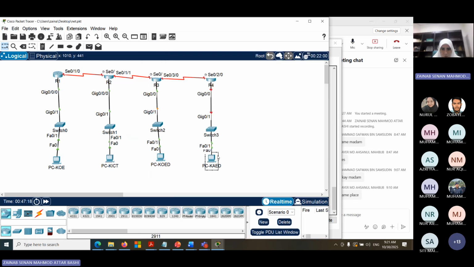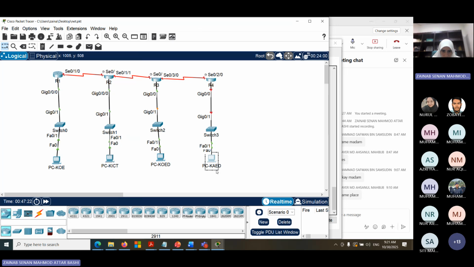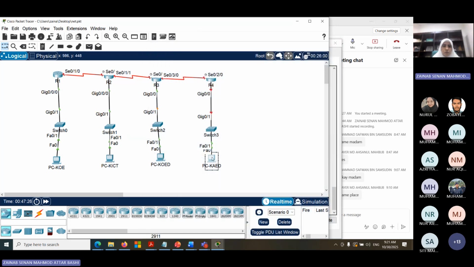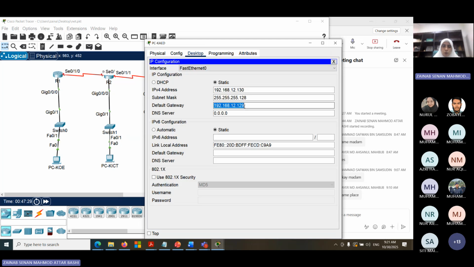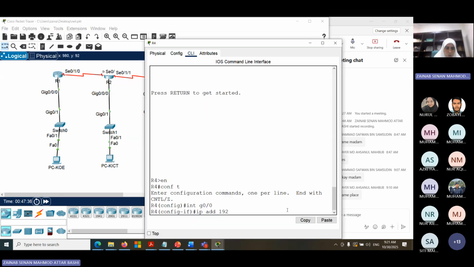Okay, I have this one. I don't want this one. Yeah, never mind. Okay, I go to desktop, IP config. I can see it is 129 and this one 128. Okay, so I'll go here, router 4, 192.168.12.129,